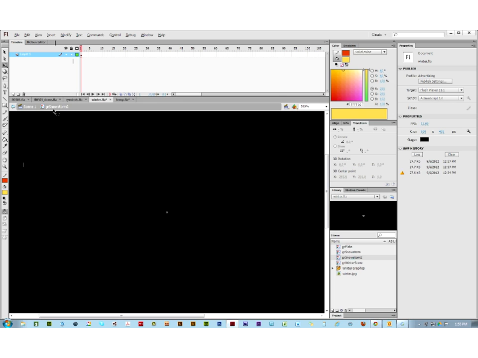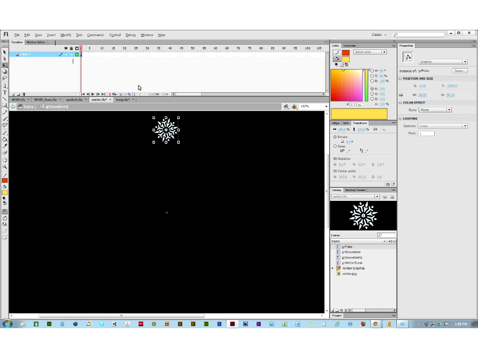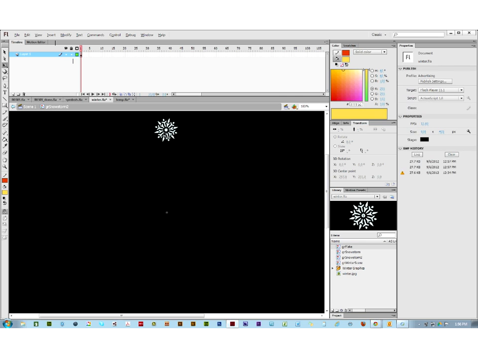And like I said before, a symbol is a container. Right now, when I say insert new symbol, I'm essentially saying create an empty container. Okay? So what I'm going to do now is take this snowflake, which is also a graphic symbol, and put it inside of this empty container, also known as the symbol GR Snowstorm 2. I drop it on my timeline,